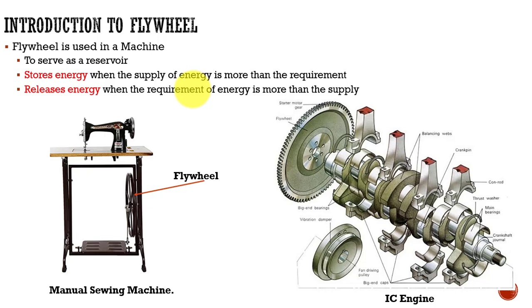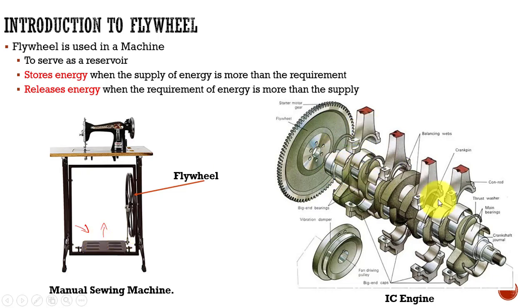when the supply of energy is very less. For example, here you can see a sewing machine, in which the flywheel is used to store the energy while the power stroke happens. When the pedal moves in the downward direction, that is the power stroke. During this stroke, there is an enormous amount of torque at this point, so it has to be stored and used for the later part of the stroke. Then when it retracts in the upward direction, the energy stored in the flywheel is used for the return stroke, as far as the sewing machine is concerned.